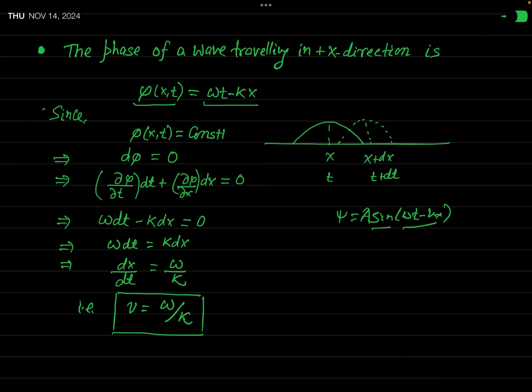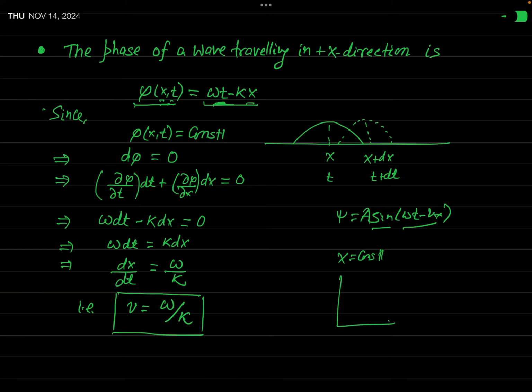Now you can see this phase is actually a function of position and time. So at a given space point, it means x has a particular value, x is fixed, it will vary with time t. If x is constant, you are talking about a particular position, then it will change with t. And see this result: when t increases, this phase will increase linearly.